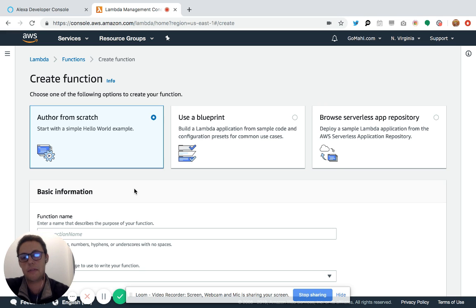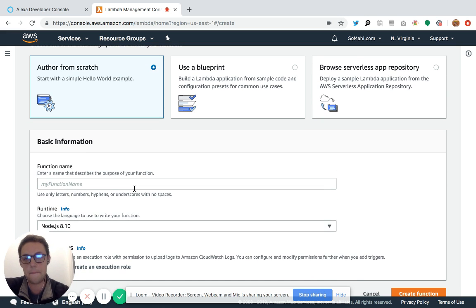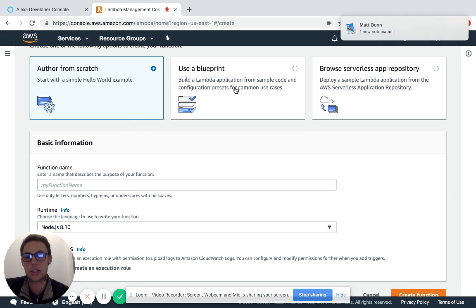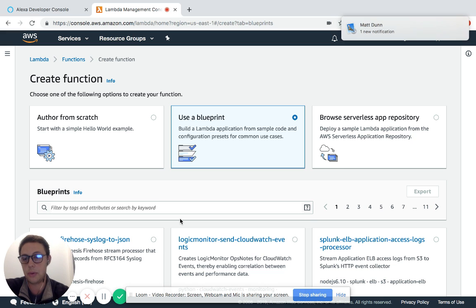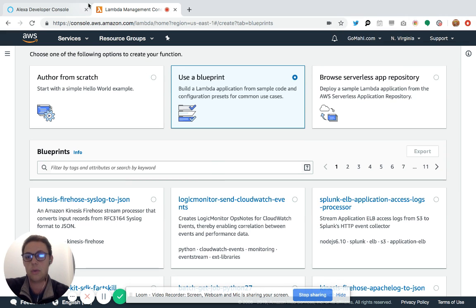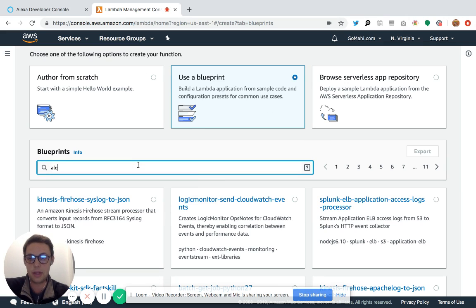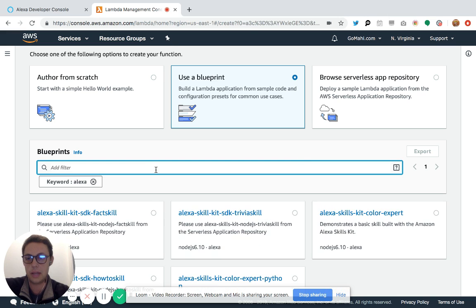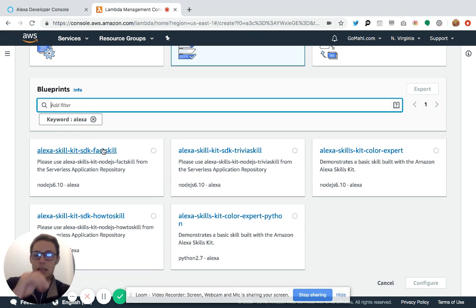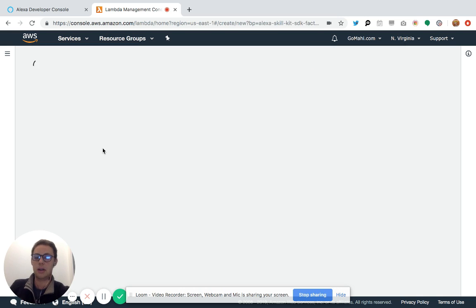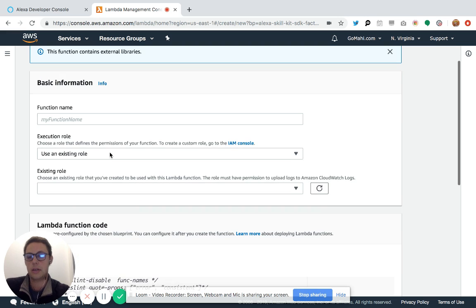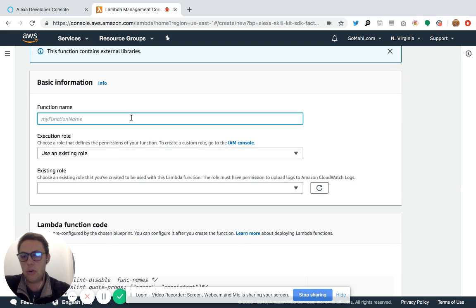Whatever function you choose to create, you can do from scratch, but I'm going to use a blueprint because I want to use the same blueprint I was using over on the developer page. So I'm going to look up Alexa. When you look up Alexa, the first thing that comes up is this fact skill, and that is the one you want to pick right here. That will give you the basic code. Once you have the basic code, you're going to want to put in your function name. It's not hugely important, but my function name is going to be